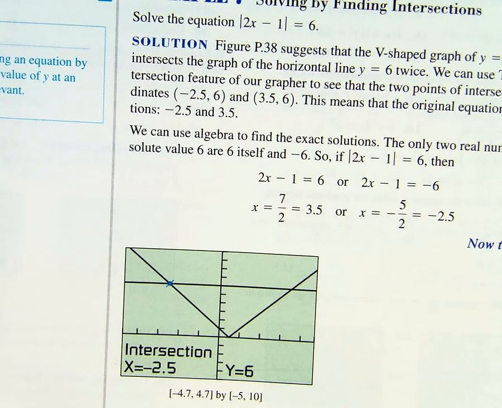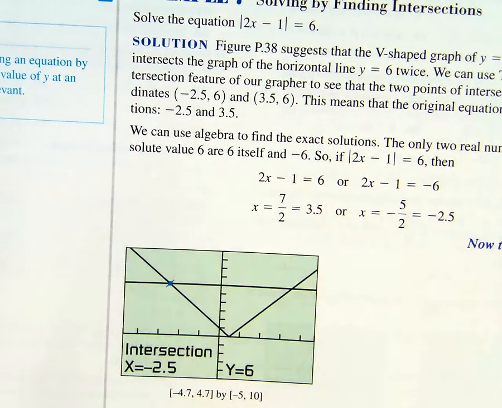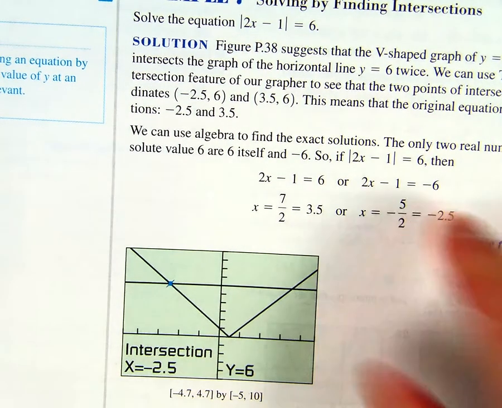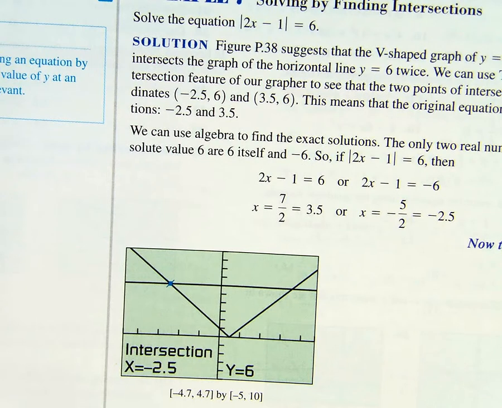to graphically come up with this solution on your calculator for an absolute value. The work is done here. You have two equations, 2x minus 1 equals 6, and you also have to solve 2x minus 1 equals negative 6 because it's an absolute value, and you get your two answers. So we're going to do this on your calculator. So the first thing we're going to do